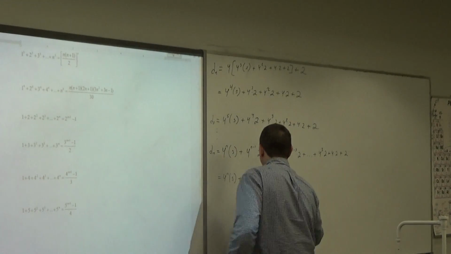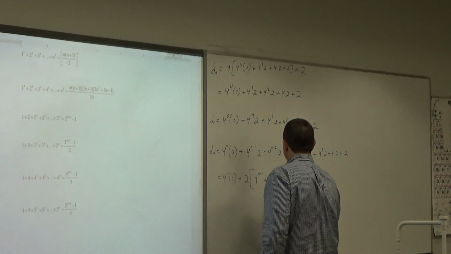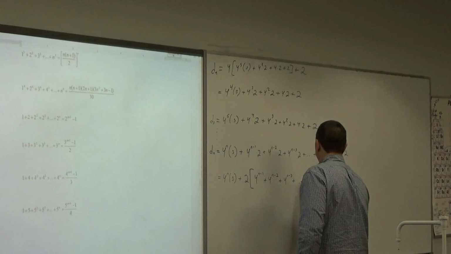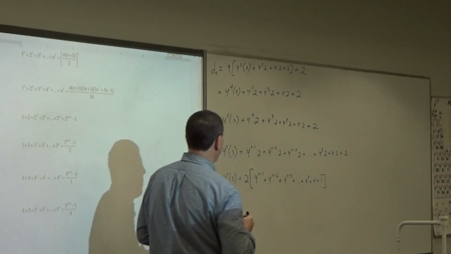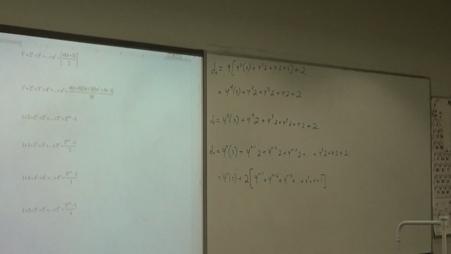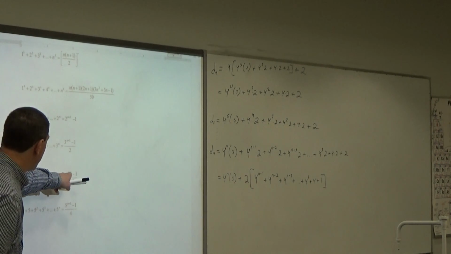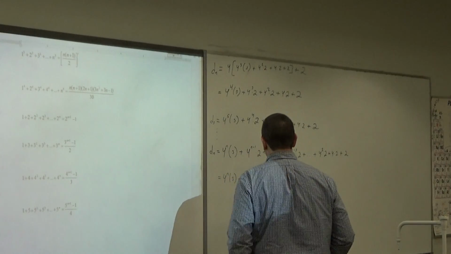Plus 2 times the quantity now of 4 to the n minus 1, plus 4 to the n minus 2, plus 4 to the n minus 3, plus and so on, plus 4 squared, plus 4, plus 1. Which, correct me if I'm wrong, guys, doesn't that look exactly like this, except instead of the nth power, doesn't it start at the n minus 1? So wouldn't we just replace this n over here with n minus 1, since that starts at the n minus 1 power? Okay? So, what we can do is we can now rewrite this